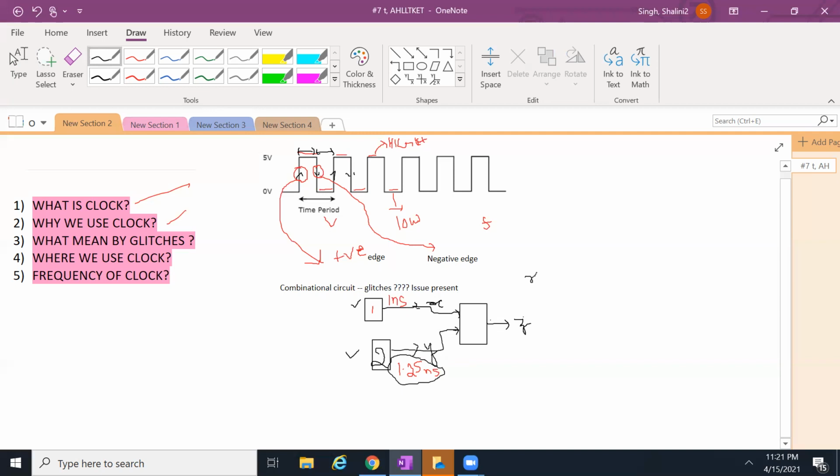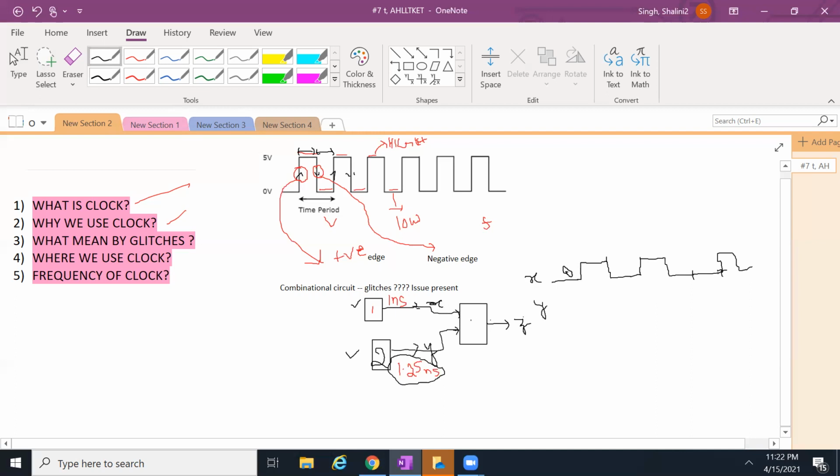Suppose I am drawing X. The initial value I considered is 0, then it goes to 1, then after 1 nanosecond its value changes. It continues for the next 1 nanosecond, then its value changes again, and it continues for 1 nanosecond, changes, continues for 1 nanosecond. In the next clock cycle its value is 0, suppose. Then it continues for 1 nanosecond and changes again like that.